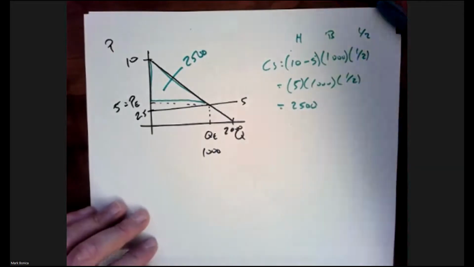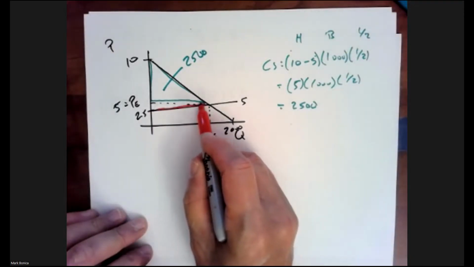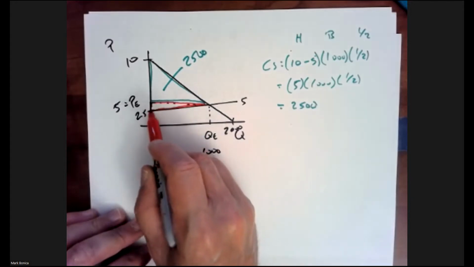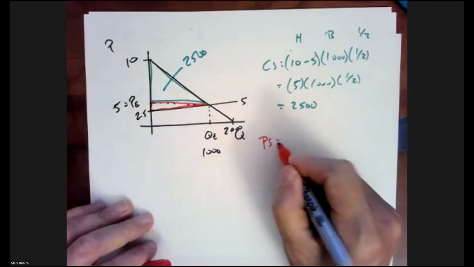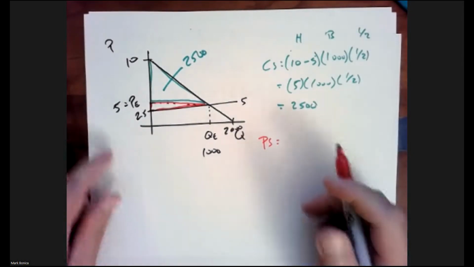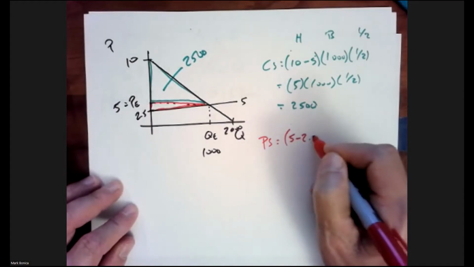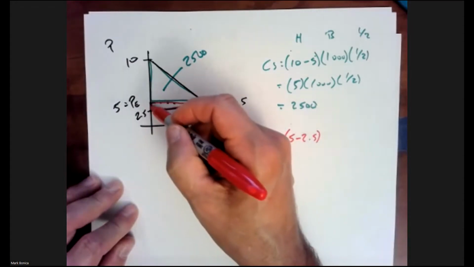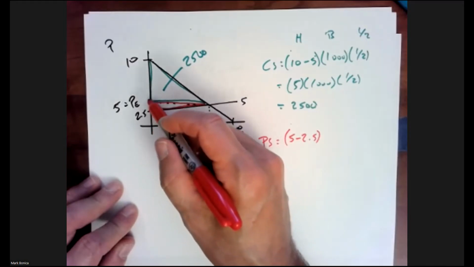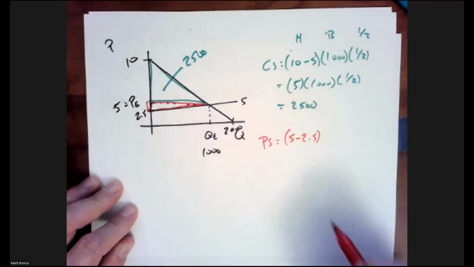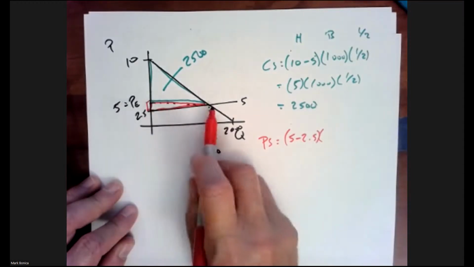And then the producer surplus is the triangle below the price, but above the supply curve here, right? So what's that? Well, the producer surplus then is the height, 5 minus 2.5, right? Because we just want the height of the triangle, not all the way down to the origin. It's just this area here, right? So that's the height. The base is 1,000. It's all the way over,